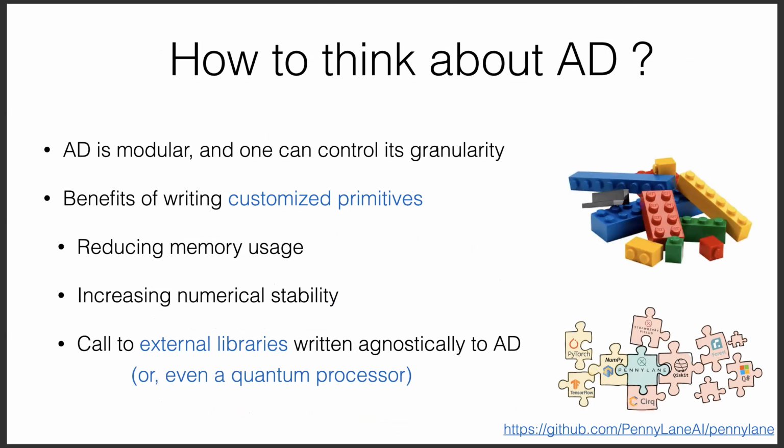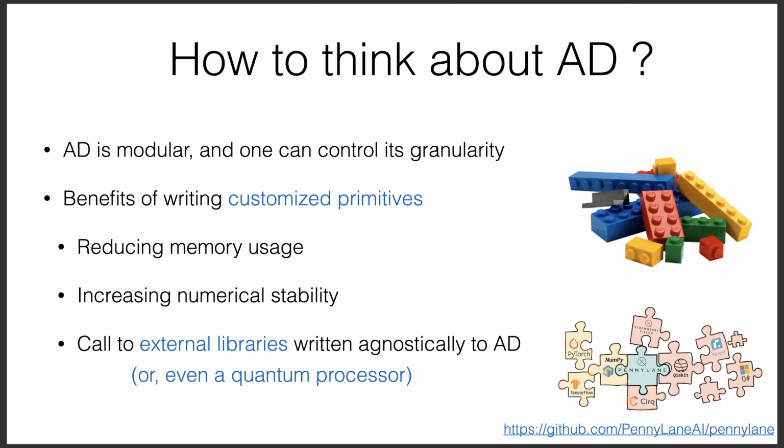So I can differentiate all the way down to mathematical intrinsics, right? Plus, minus, multiplication and so on. But I can also group many operations into higher level library calls, for example, BLAS or LAPACK matrix linear algebra calls. So in this way, there's computational efficiency, and also